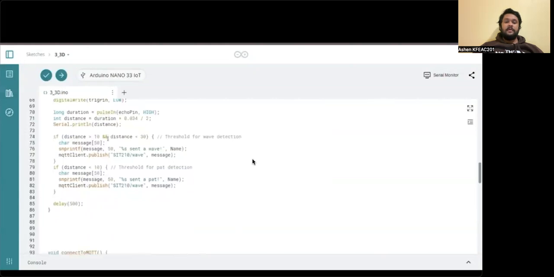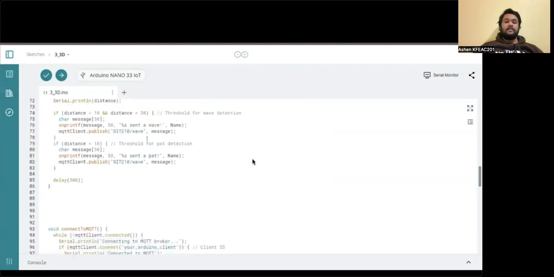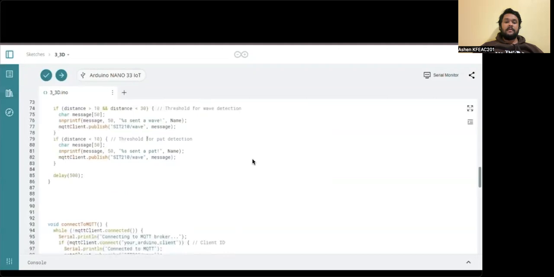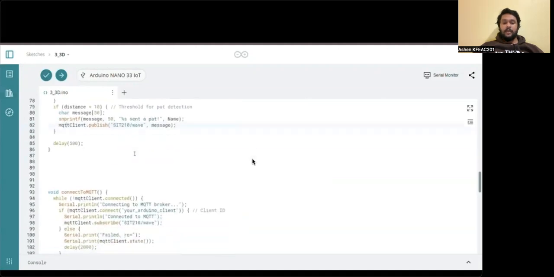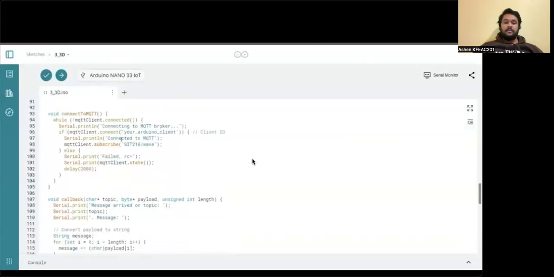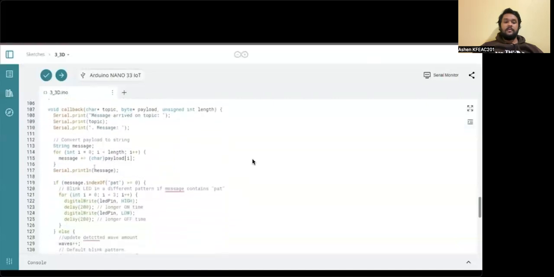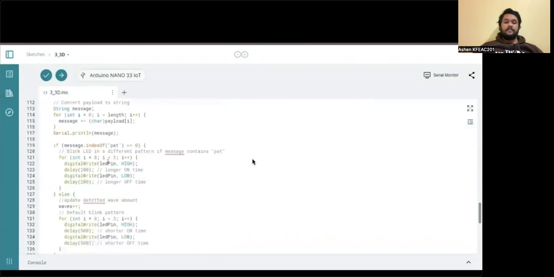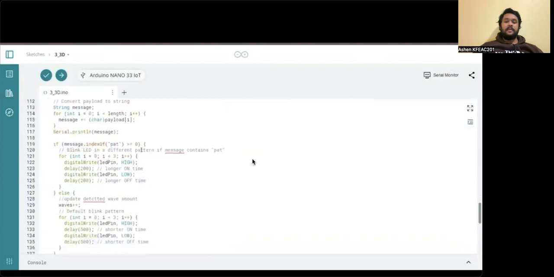If we detect a hand more than 10 centimeters and less than 30 centimeters away from the sensor, it will be detected as a wave. If it is less than 10 centimeters, it will be detected as a pat. It will send using MQTT publish. We publish a message with our name on the topic. This is for the MQTT connection. This is the callback function. Whenever a message arrives, it will detect that message,